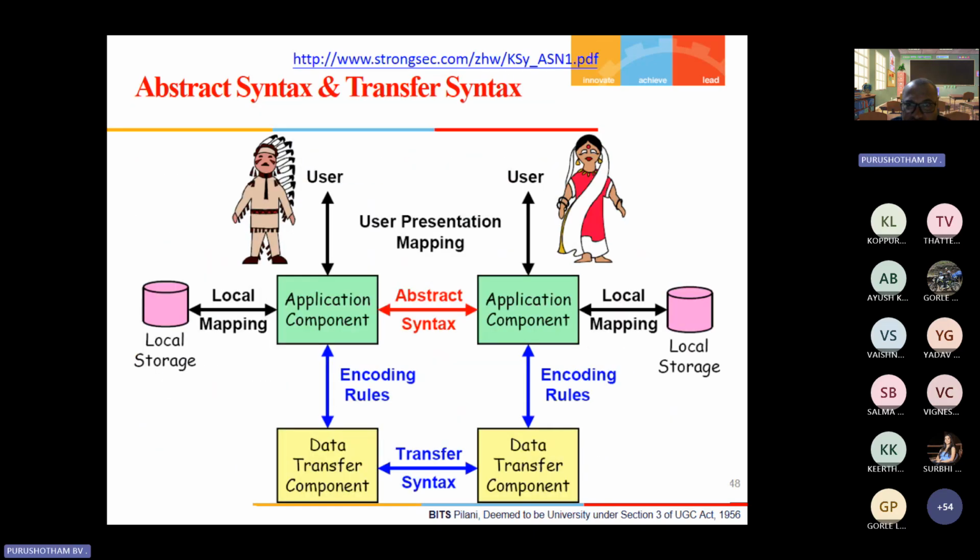So now the communication takes place between the two users based on the local storage and the application component. So user can communicate with that and application can transfer the data in several ways. That is, transfer syntax is used, and application to application, it is an abstract syntax.